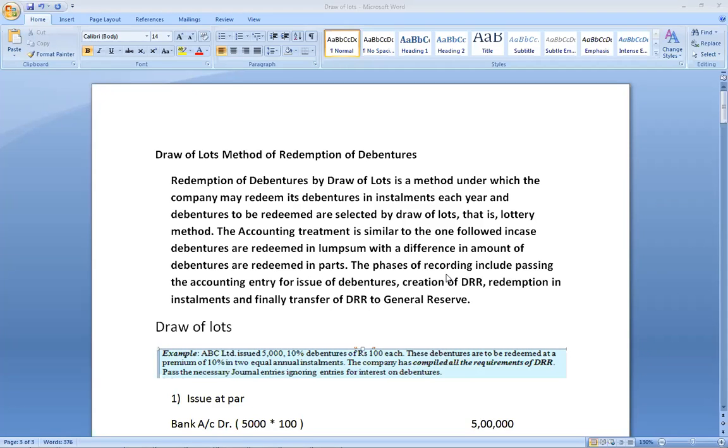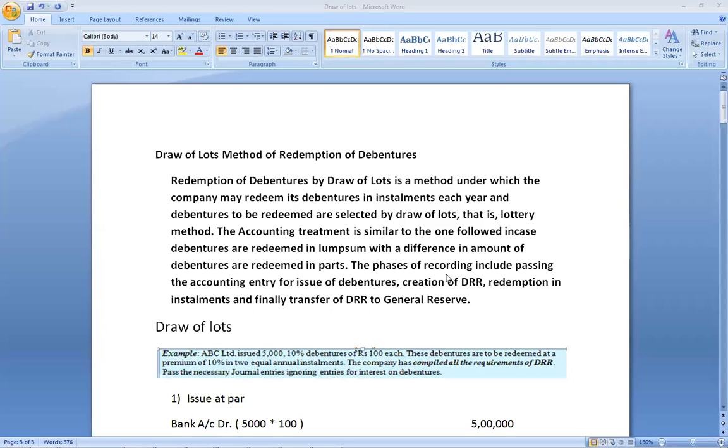If you are paying three times, then you have to make the investment three times and encash your investment three times on maturity. So when you are making an investment, you have to find out what is the amount to be redeemed after 11 months. And on 30 April only you will be passing this entry. Always the investment entry will come on 30 April, 11 months before the maturity of debentures.